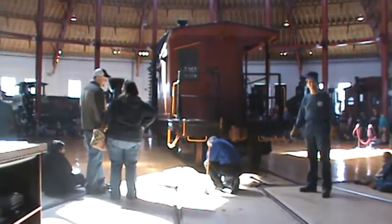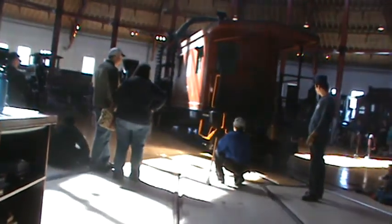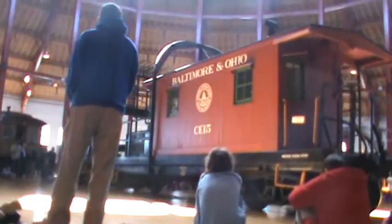This is a very unique piece of maintenance of way equipment. It's known as a tunnel clearance car. Some people like to refer to it as the Statue of Liberty because the barbs on the outer edge are very functional. When you pull them all out, it looks like the headset on the Statue of Liberty. Now, very important, a tunnel clearance car was used to help measure clearances along tunnels along the line. Now, what they were looking for when they placed this piece of equipment